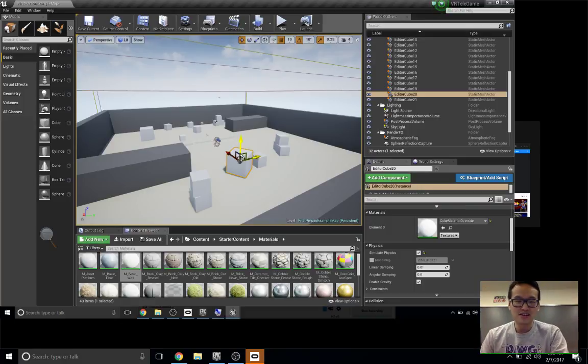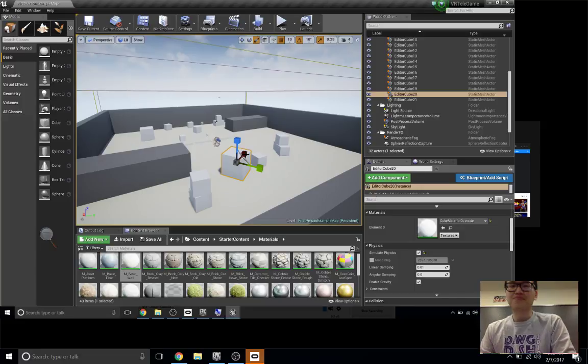So if you hit the key W, that is for translation. If you hit E, it turns into a rotation gizmo, and if you hit R, it turns into scaling. So WER.